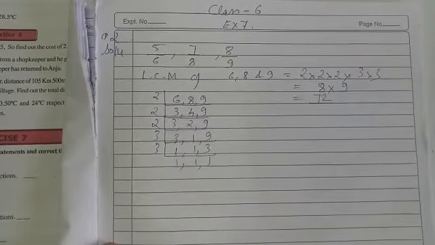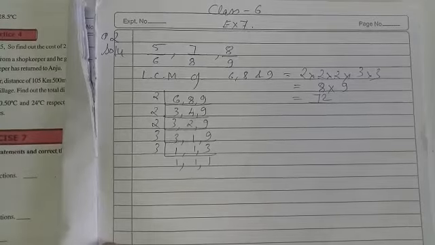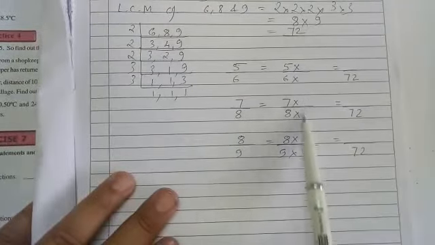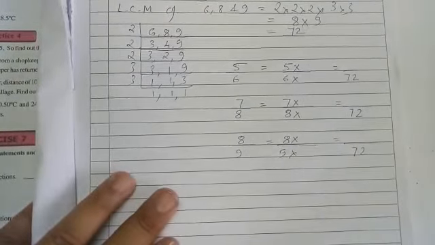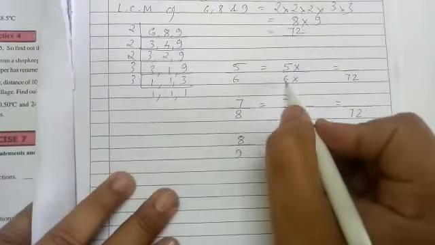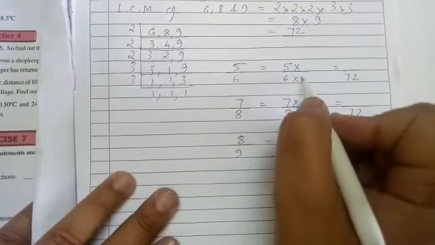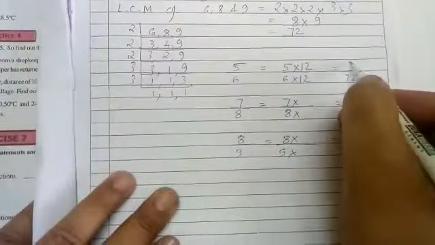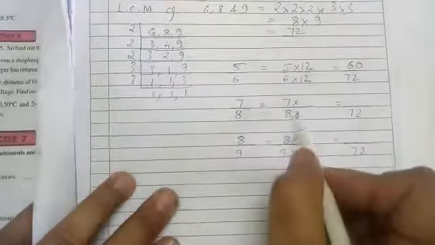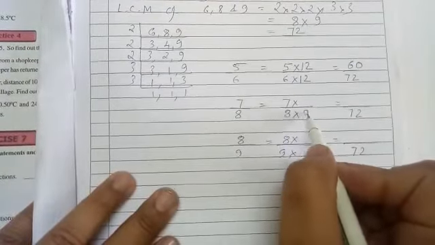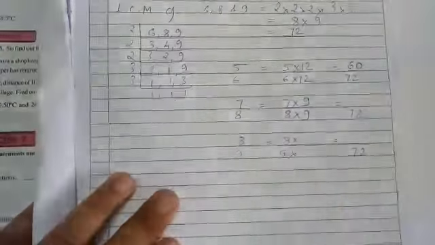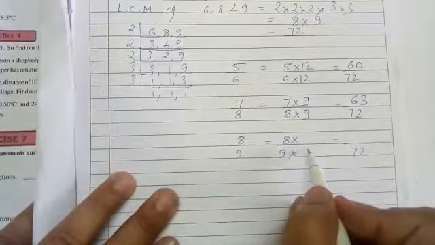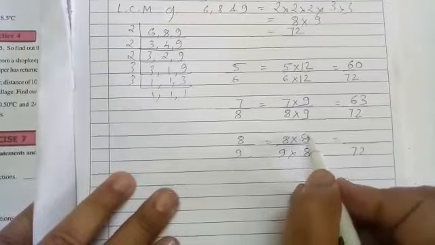Now the same method how we have written, the same method you have to follow. The same way you have to write the question, then equal, multiply, then whatever the LCM came. Now how much to multiply with 6 to make it 72? We know it is 12. Therefore you have to multiply in the numerator also 12. Then 12 5s are 60. How much to multiply with 8 to make it 72? That is 9. Here also you have to multiply 9. Then 7 9s are 63. How much to multiply with 9? That is 8. Here also we will multiply with 8.